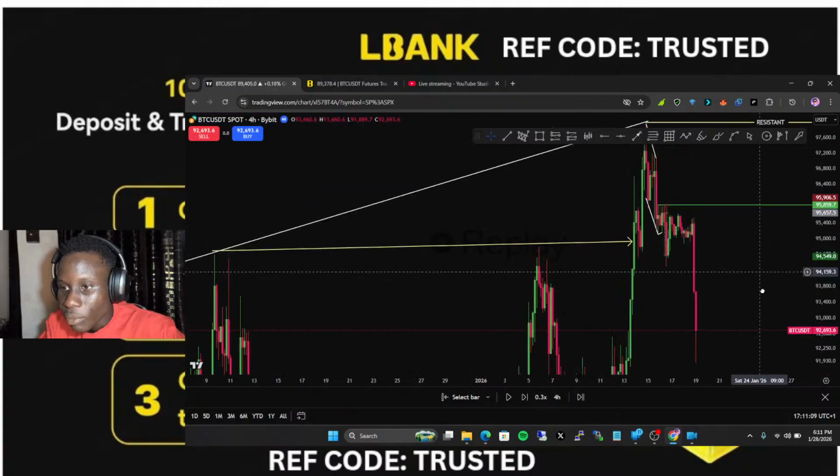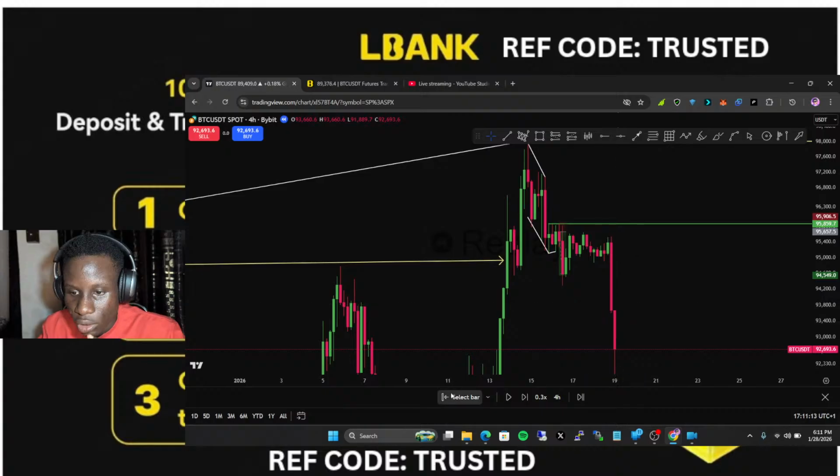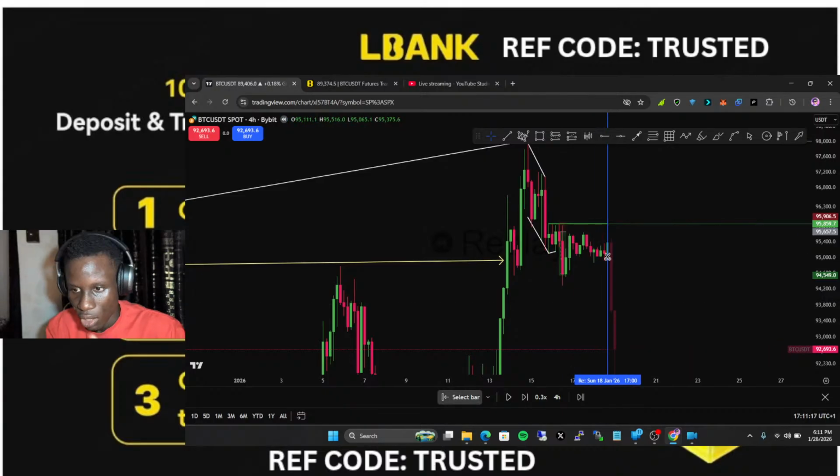Let me show you something here. Because immediately we tap into that resistance. This is all you need to cook together for you to have what? For you to have a high probability setup. In your mind, you should be able to question yourself. Your forecast should be able to give you proper information, because